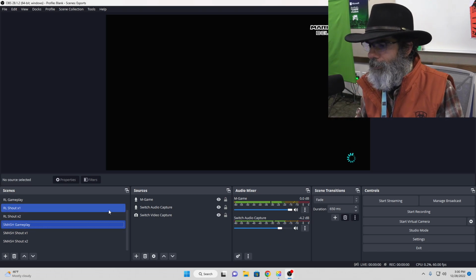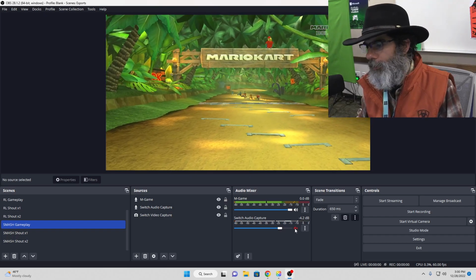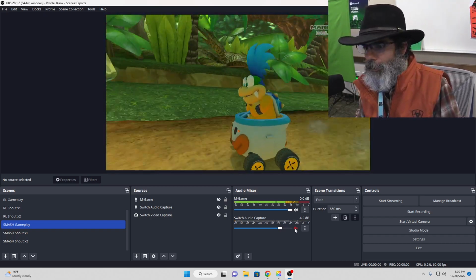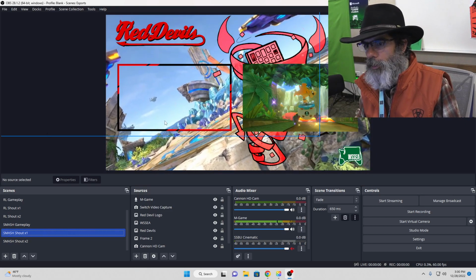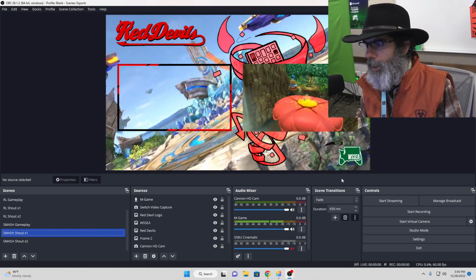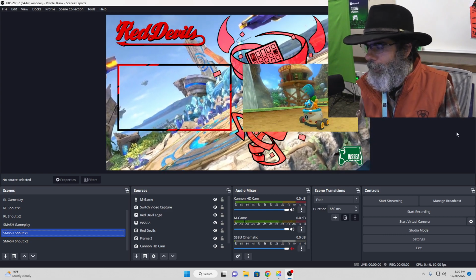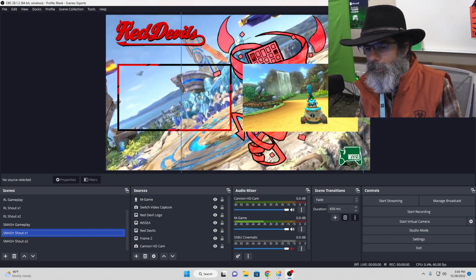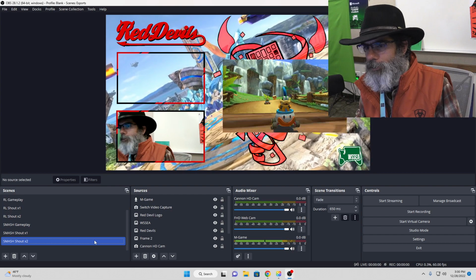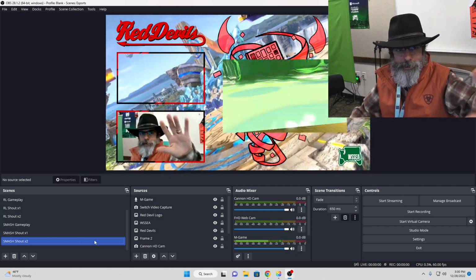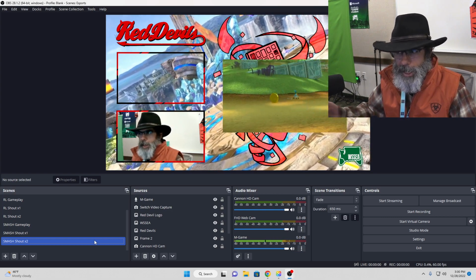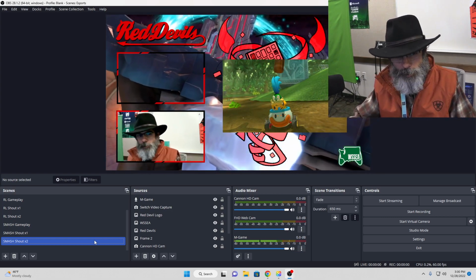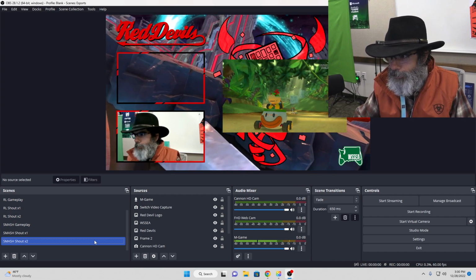We'll mute the Mario Kart here. Mute the audio, but you can see there it is going on there. And I can switch to my shoutcasting scene, which normally would have a picture of me right there, but I'm creating this tutorial video. It's using that. But if I go to my x2 scene, there's my other camera right there. So a lot of times you'll want to have two people shoutcasting, two students shoutcasting, and be